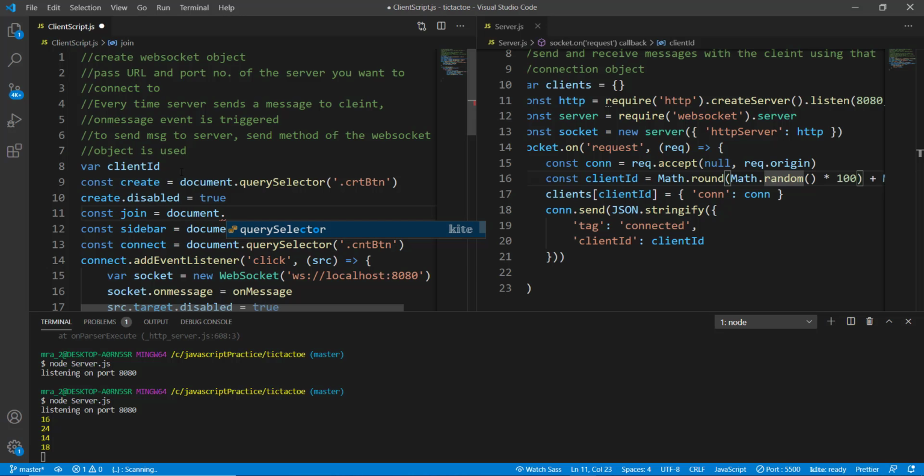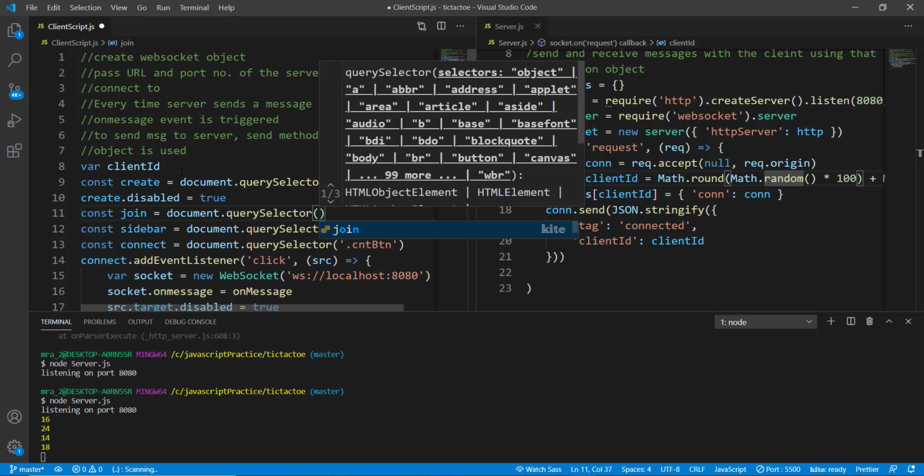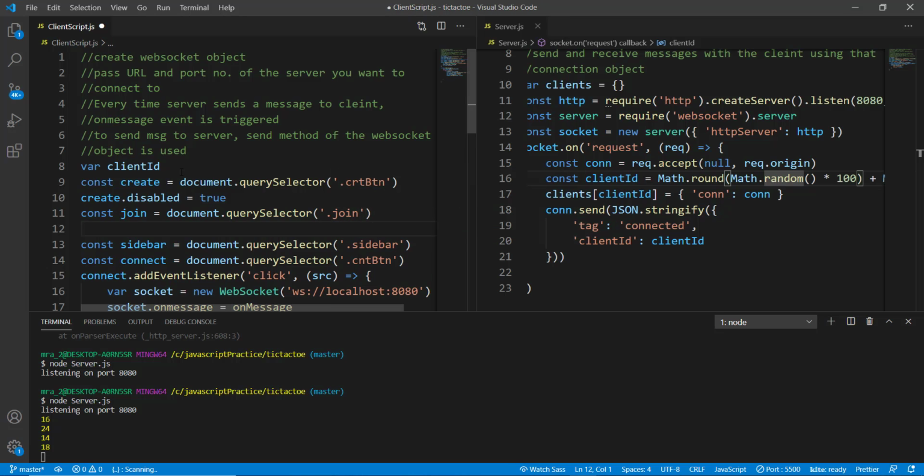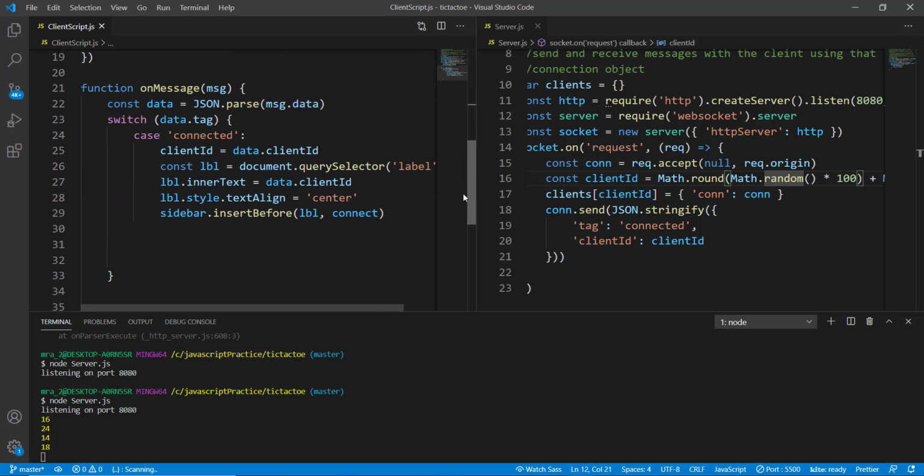Document dot query selector, and what was the class name that we had given to our join button? That was join. Okay, now we have to disable join button as well. Dot disabled true. Okay, now let's go back to our connected case, and once we get connected and we get a